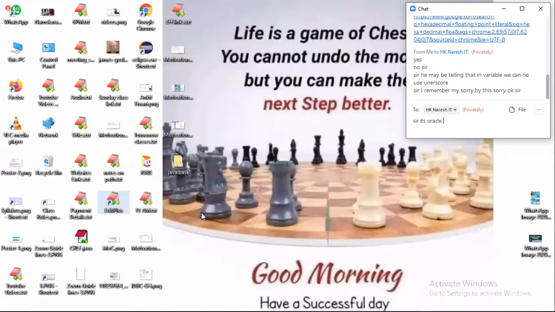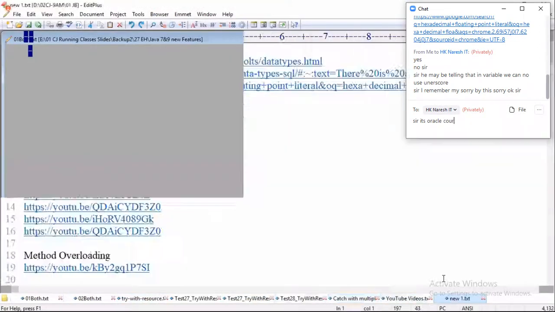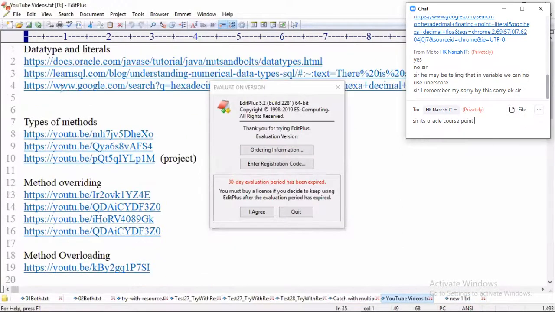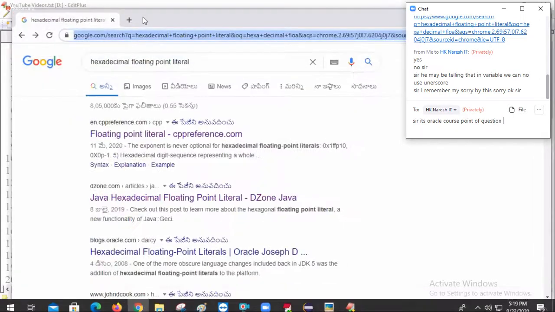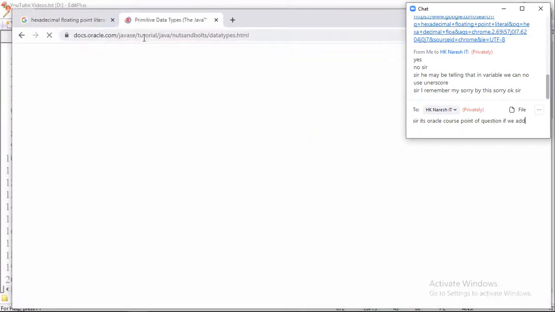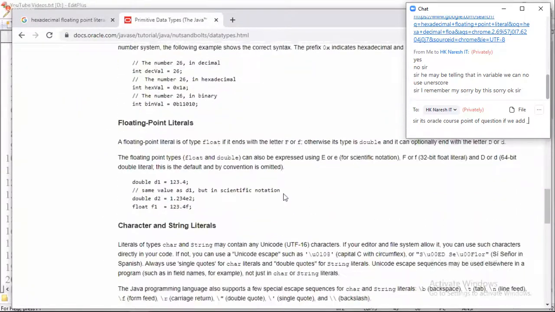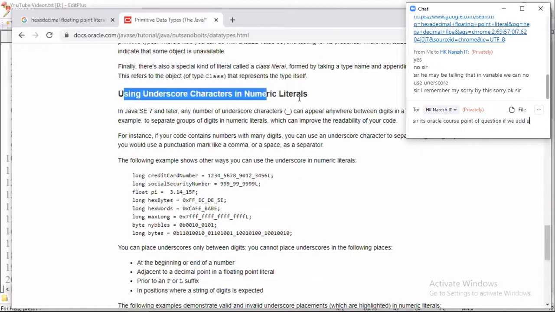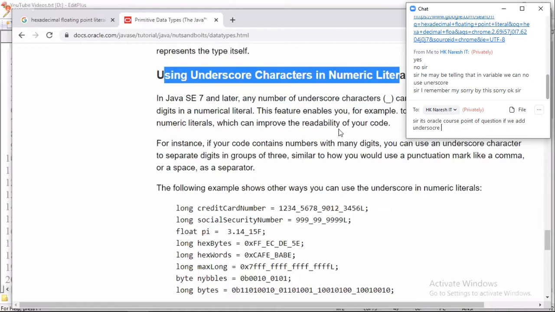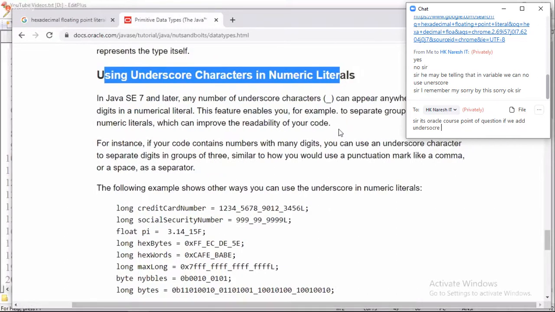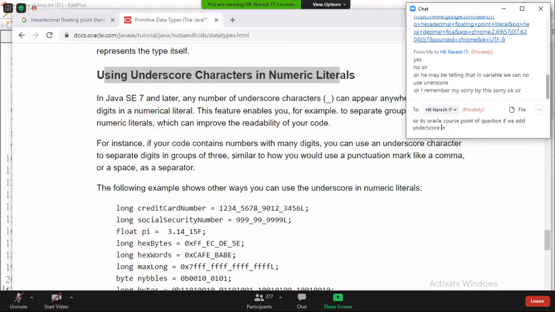Just now I shared one article. Here Sun Microsystems has already mentioned those points. First time I'm also reading this article along with you. Using underscore characters in numeric literals: from Java 7 and later, any number of underscore characters can be applied anywhere between digits in a numeric literal.